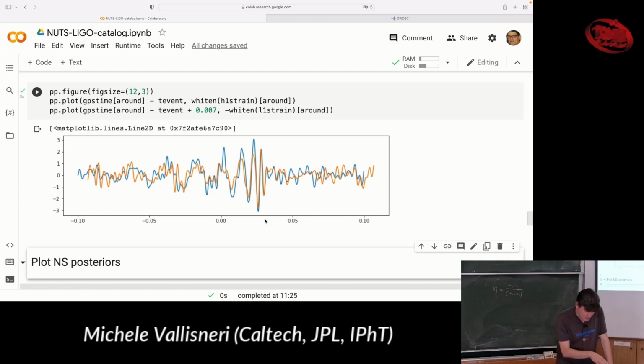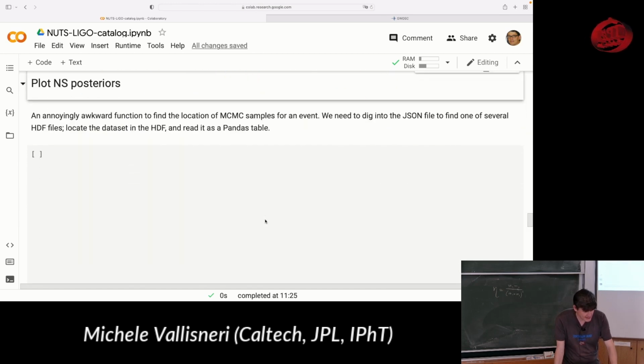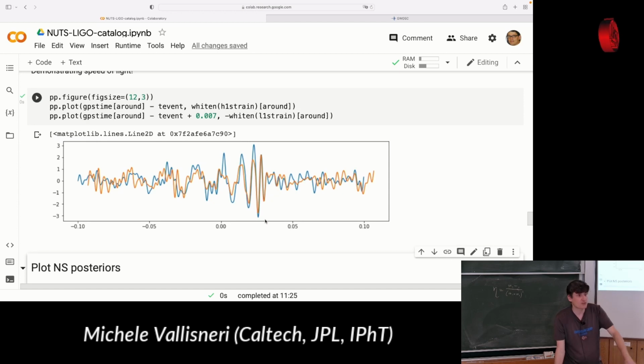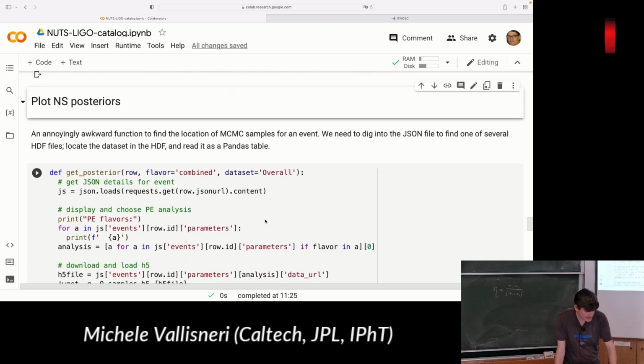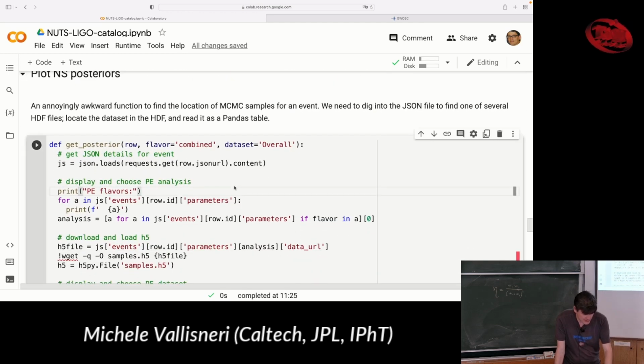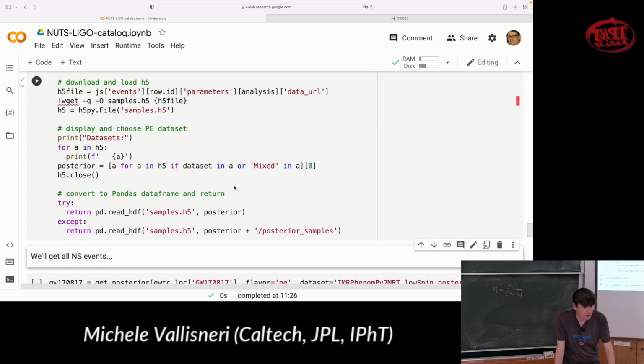Okay, so if you want to do parameter estimation with modified gravity, whatever templates, the bar is not very high these days. The data is there. There are lots of sampling codes available also to use. And there are actually tutorials on this website on GWOSC and elsewhere that go a lot deeper into doing this game. But the other thing you can do by digging into these files is to get the actual posteriors that